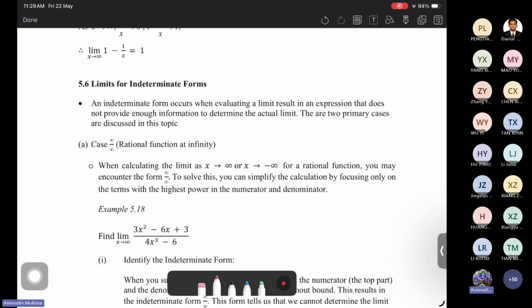But if we cannot find the answer when we apply the rule of limit, maybe the answer is indeterminate, 0 over 0, and so on. We need to adjust. We need to apply back the real concept of limit. In other words, we need to choose a few values of x, maybe 3, 4, or 5 values of x that are greater than a,